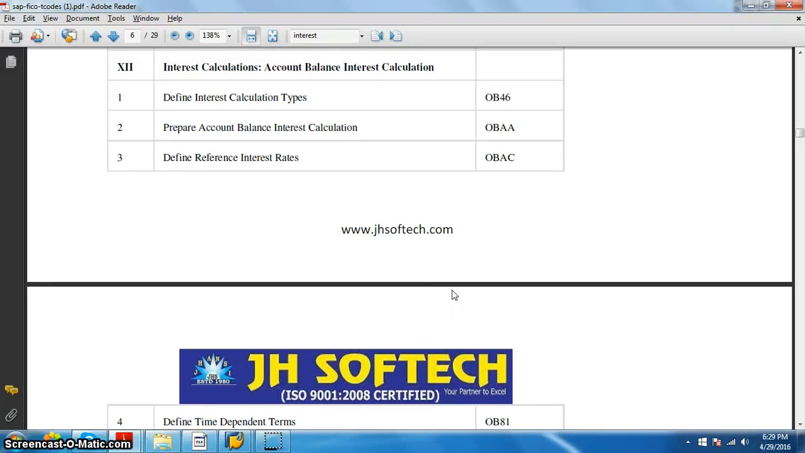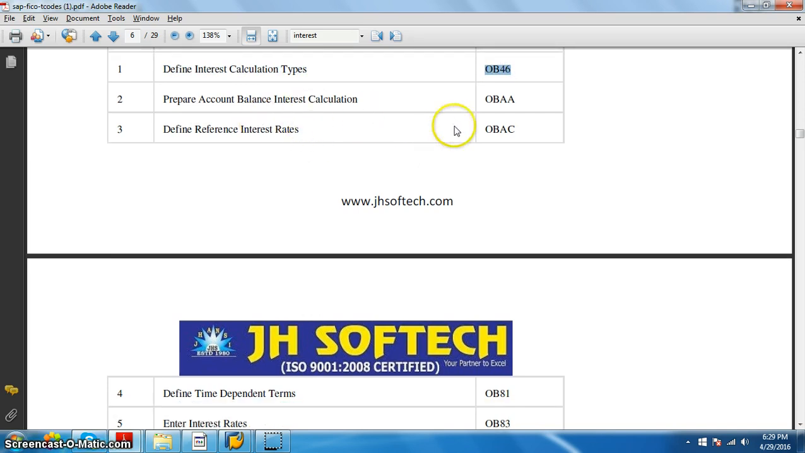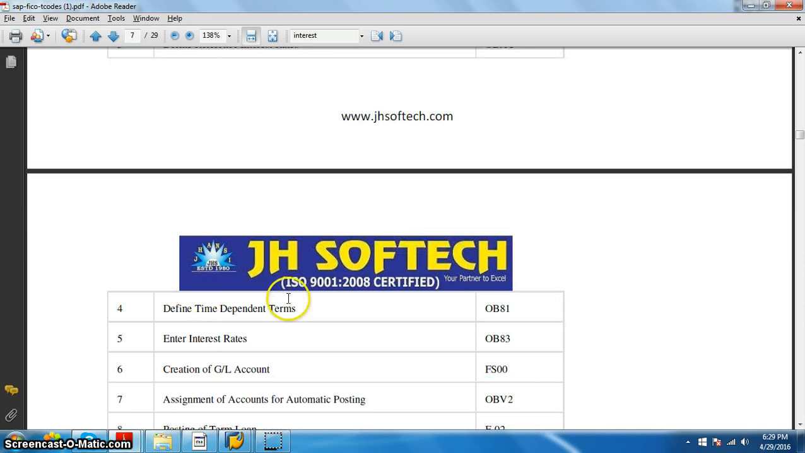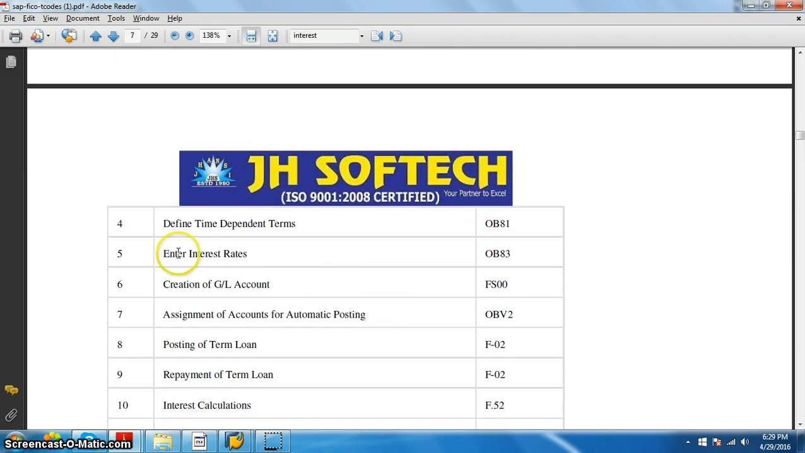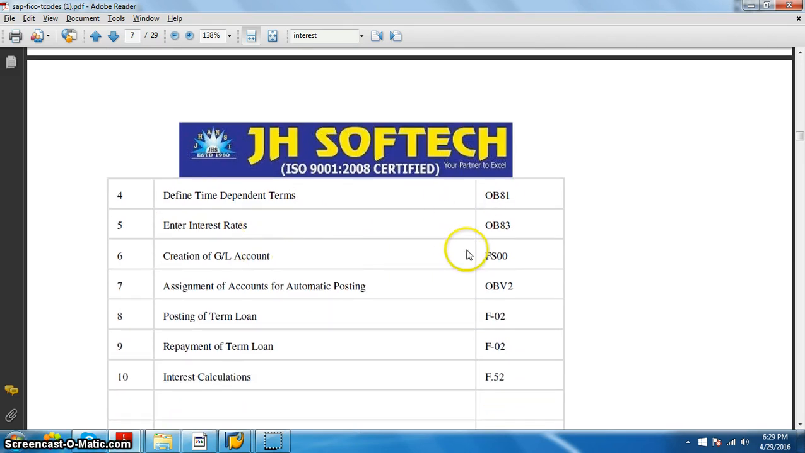In this session, we are going to discuss interest calculations, account balance interest calculation. We have defined interest calculation types OB46, prepare account balance interest calculation OBAA, define reference interest rates OBAC, define time dependent terms OB81, enter interest rates OB83, creation of a GL account specifically for calculation of interest and for